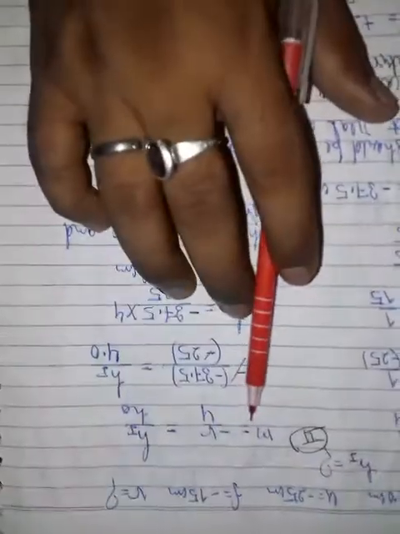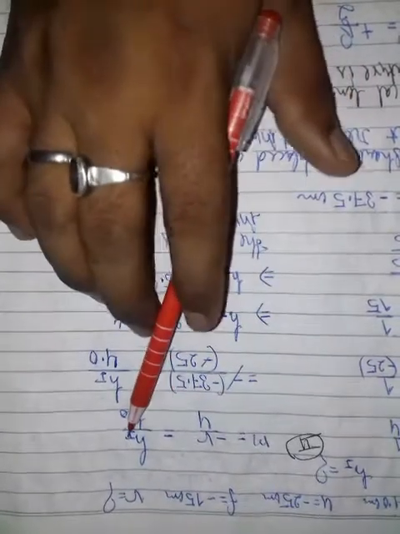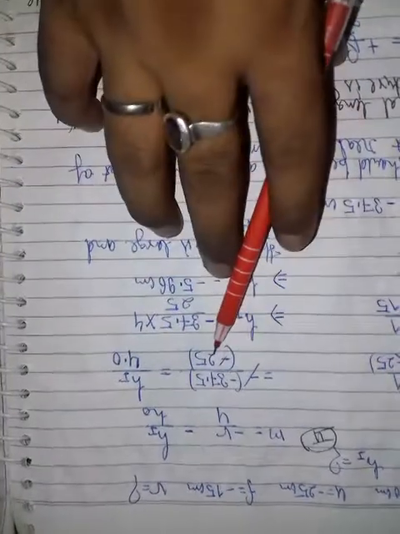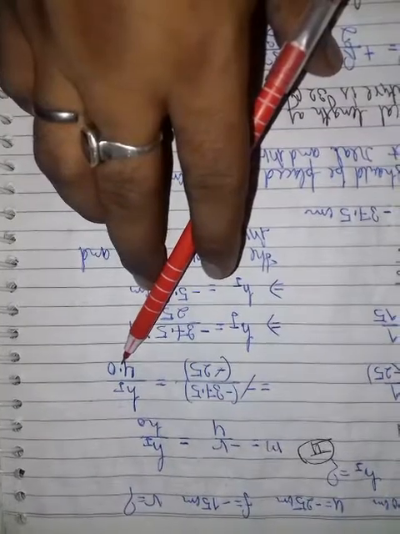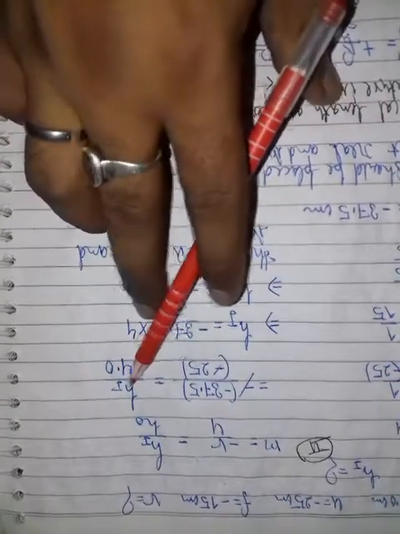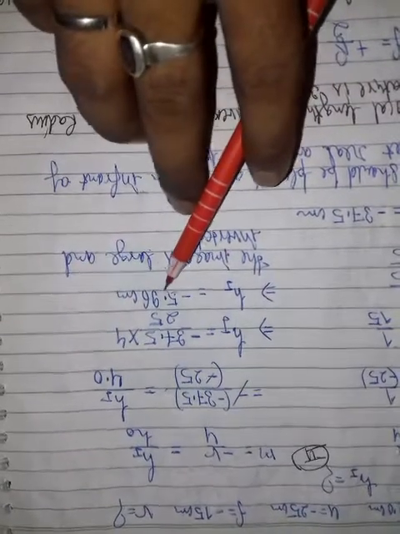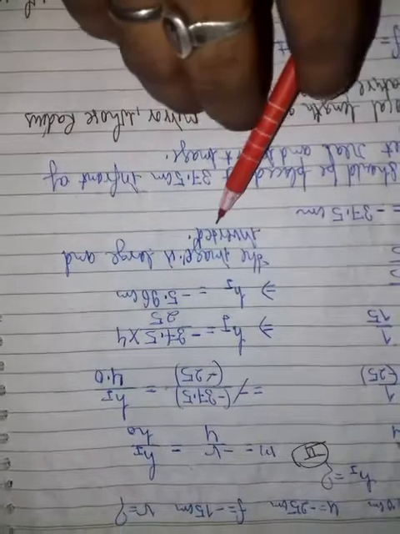Using the magnification formula for the mirror, m equal to minus v upon u equal to height of image upon height of object. Putting the values, minus signs are cancelled, and the height of object is given in the question, that is 4 centimeter, and it is asking for height of image. Solving this equation we get minus 5.96 centimeter. The image is large and inverted.